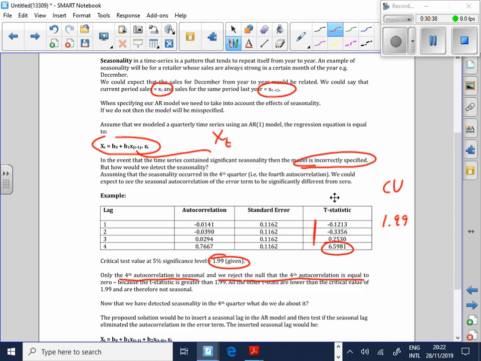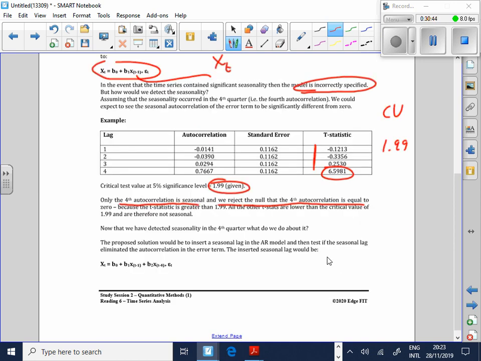Okay, now I picked up, and guys, can you see how you pick up perhaps seasonal issues? I picked up seasonality. What am I going to do about it? Okay. A nice, quick and easy approach would be to insert a seasonal lag. So if it's in the fourth quarter, we'll add in a fourth quarter lag. You happy with that? This is almost like an AR2 now. AR1 didn't work. Now I'm going to go to not just an AR2, but a seasonal lag.